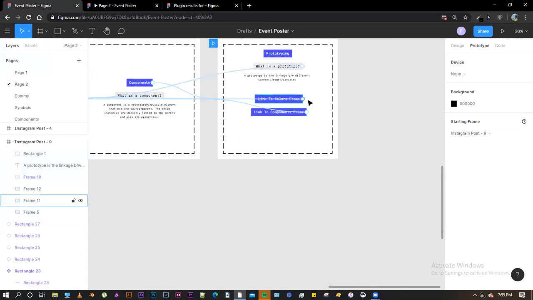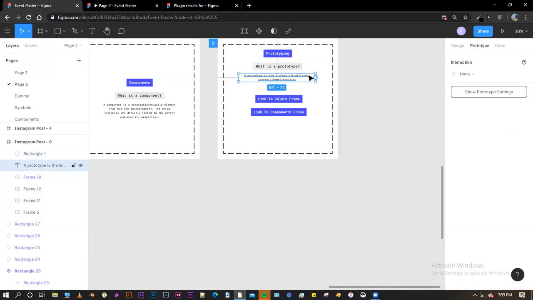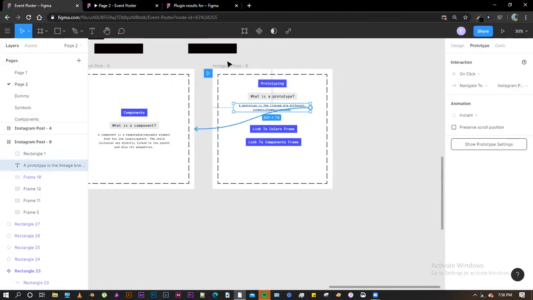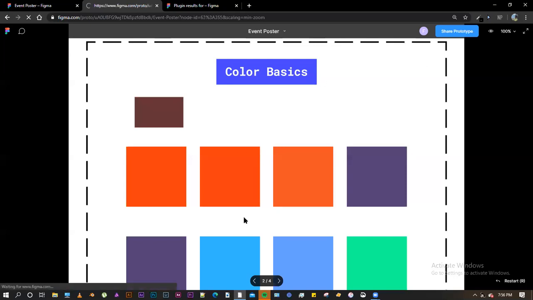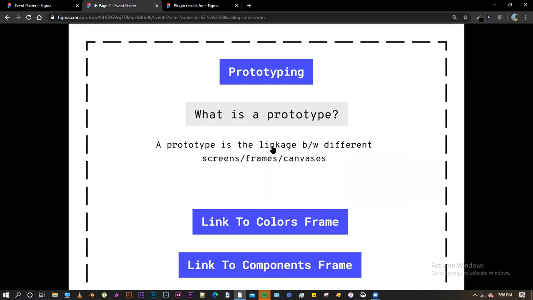Yeah, so I have linked it back to some of the frames. So if you click on this, there would be a circle indicator. If you click on the circle indicator and drag out the arrow and click on any of the screens or the frame, it would lead back to that frame. So for example, if I click on this screen and click on play, and I click on this source.